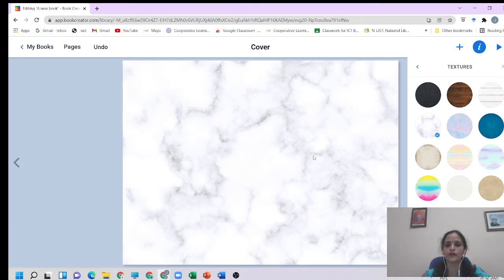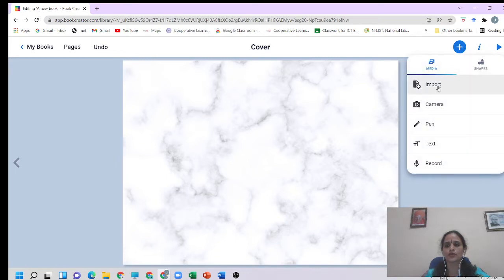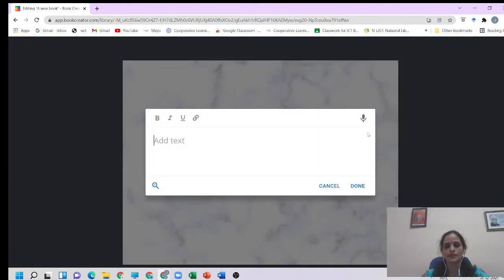So I will use this background. Okay, so this is the background that I have selected, and this is what we can find in the I symbol. And now we shall move on to the plus button, wherein you can find 5 options. So we shall use these features that we find in ebook one by one. Okay, so first I will use this text symbol. So here I am going to type the title cell.